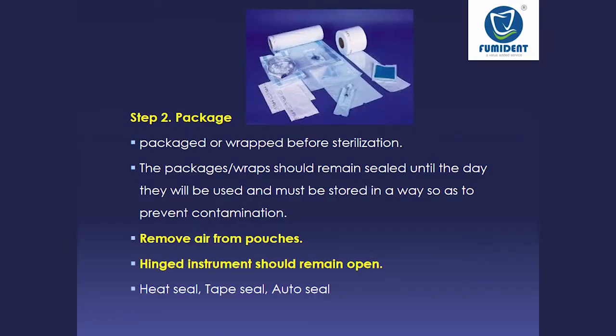And the next thing that we can use is an instrument cassette. So if you are using pouches, we have demonstrated in our video on sterilization processing how to use these sterilization pouches properly. So if you are using self-sealing pouches or even the pouch which you need to seal, you have to make sure that instruments having a hinge, like your needle holder or your scissors, should be opened at the joint so that the vapor penetration should reach that area.